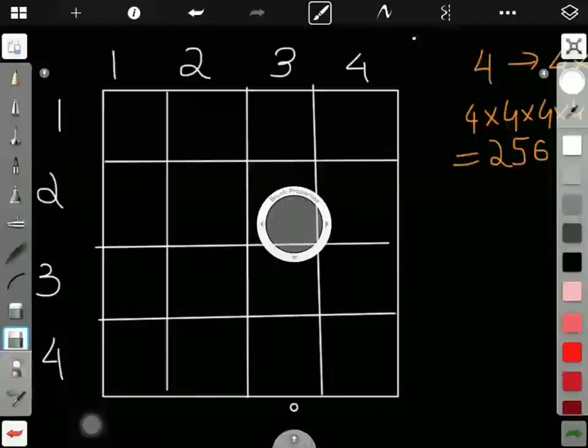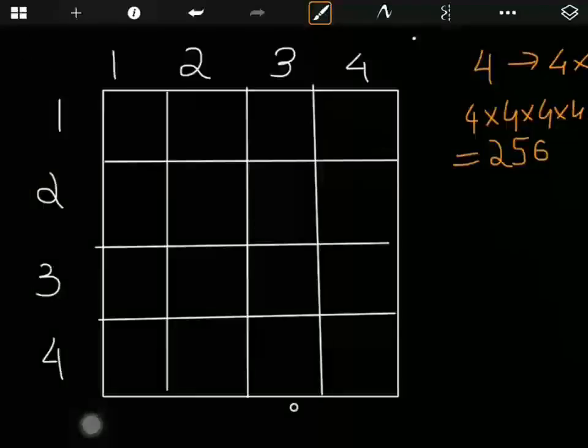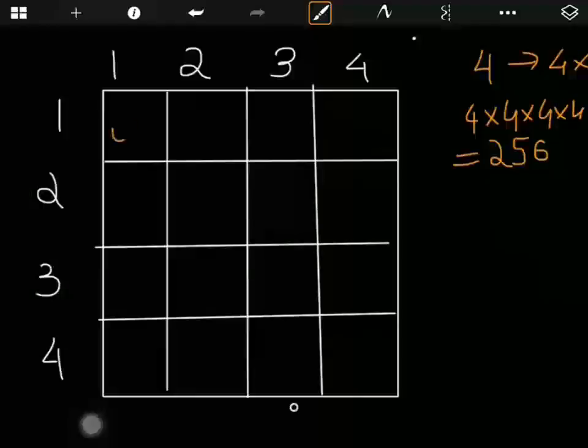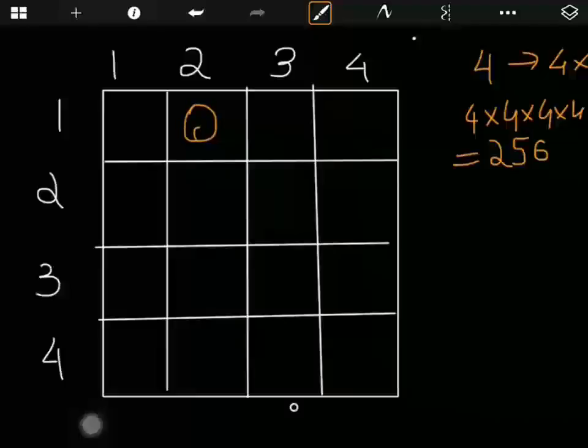Okay, so now we tried this cell. Okay, here's my pen. So let's try the next cell. Let's place our queen here. So now if I quickly